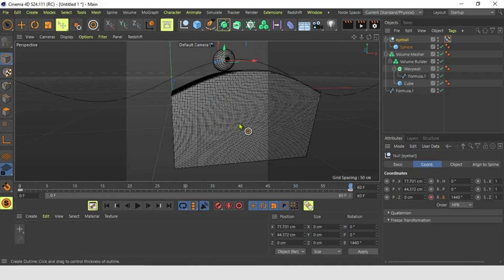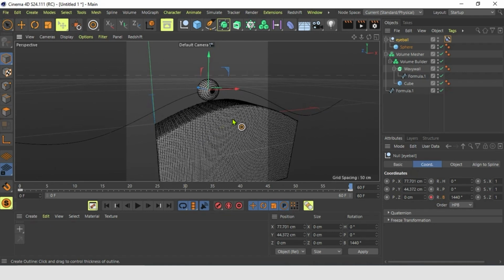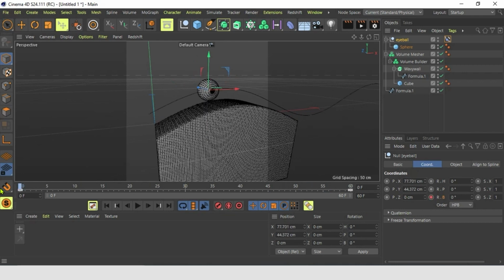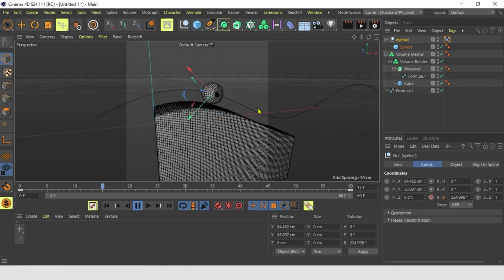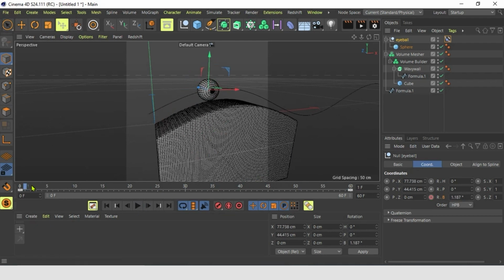Okay, great. Let's go to the perspective mode so we see it in its full beauty, and we see now how this is rolling along our nice spline. We see we have here ease in and ease out. We don't want that.